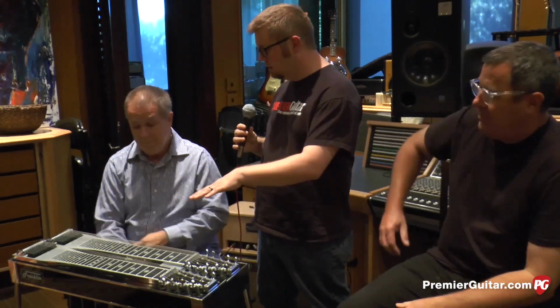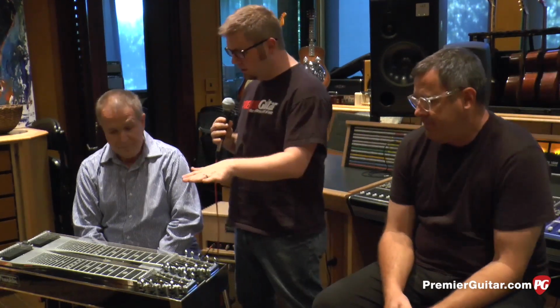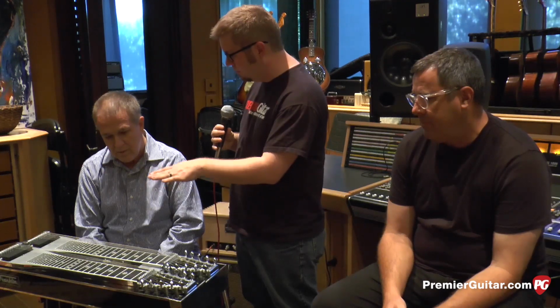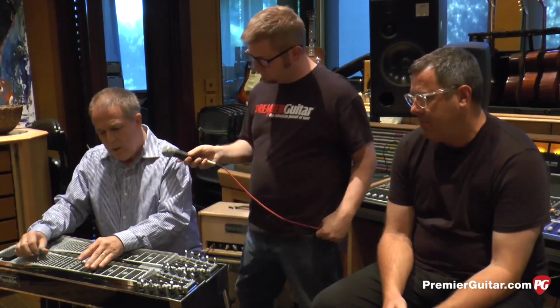So was this the steel used on the album as well? This is the one I used on the record, yes. Can you demonstrate a bit of how you cop those sounds on that album, and tell me a little bit about this along with your amp setup as well? Okay. Well, like